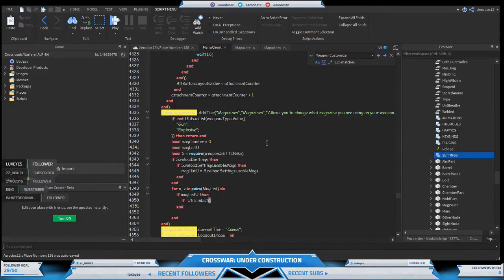So that will check if the list is even there. If it isn't, it doesn't display a thing. So just keep that in mind. And I forgot, it's actually supposed to be V. So then we'll do local mag UI equals maglist V, and then